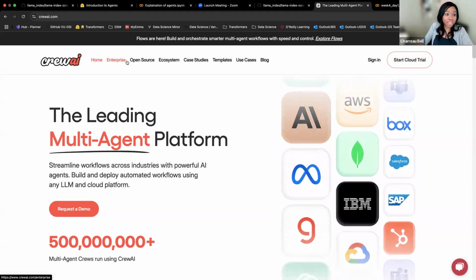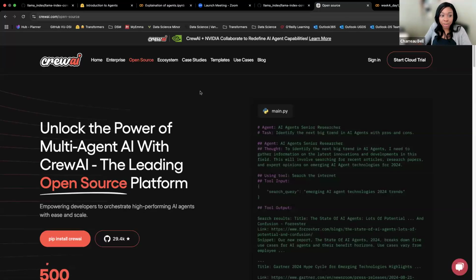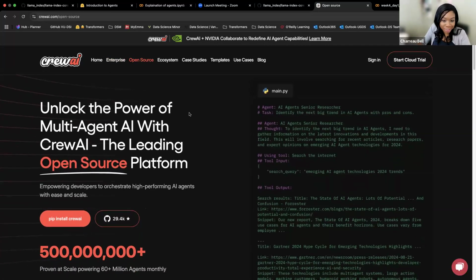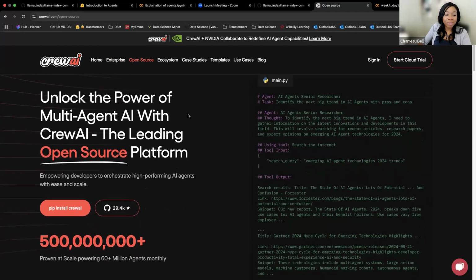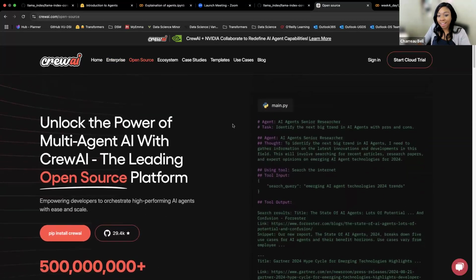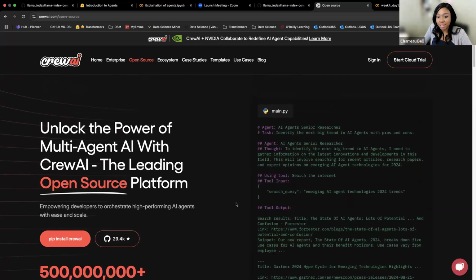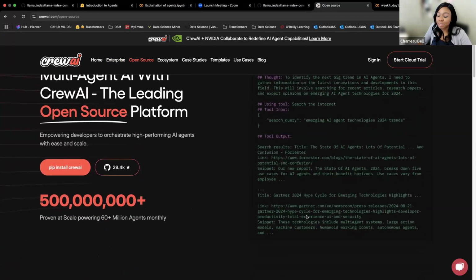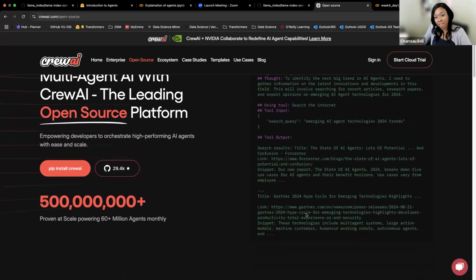But let's go ahead and explore that open source part. So here, when we click on open source, we're already seeing things that we like, right? This is giving you a good intuition about the kinds of things that we would have to write or be looking at. Does this look familiar to anybody? Thought. Using tool. It's giving action. Input. Just giving action input. This is output. This is giving observation. That looks super familiar to something that we were just talking about.